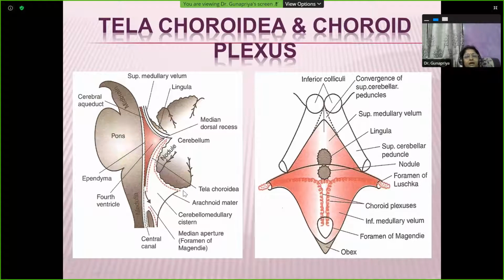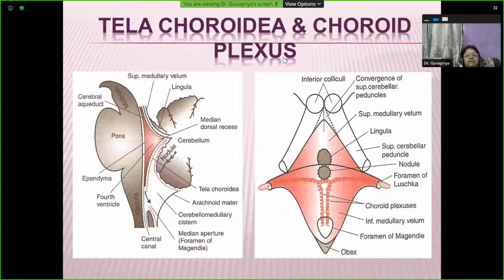This is the double layered fold of pia mater, which even forms a covering for the cerebellum here. So it's a double layered fold, like how you find double layered folds of pleura. You find double layered folds forming the pulmonary ligament for the lung. So likewise here also you find double layers, so that here and there it forms spaces to accommodate the fluid. So you find a double layered pia mater known as tela choroidea, and the choroid plexus being derived from the posterior inferior cerebellar artery, branches of the vertebral artery.